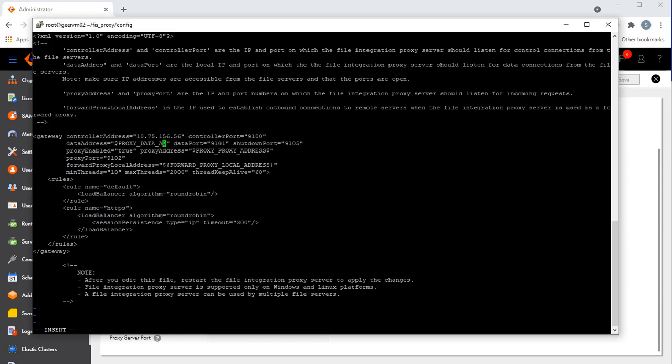I have the secure agent and the SFTP server in the same network. But in the case where the SFTP server is in an external network, that's where the proxy comes into the picture. In that case, you can configure all these details according to your use case. Here I am just showing an example on how to install it and how to configure it under the SFTP connection.